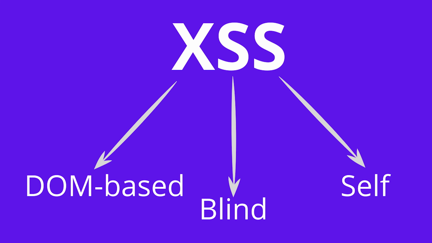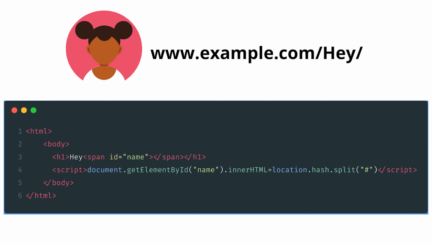Let's explain the most impactful, starting with DOM-based, which is about manipulating a website's existing JavaScript code to make it malicious, either as stored or reflected XSS. For example, consider this site that trusts the user-supplied URL to replace some elements in the following code. In this example, the name field is retrieved from the URL using id equals name. Then, by using the hash, JavaScript will scroll to the point at the website that the text after the hash points to. But since this page completely trusts user-supplied URLs and doesn't sanitize before updating the span element,